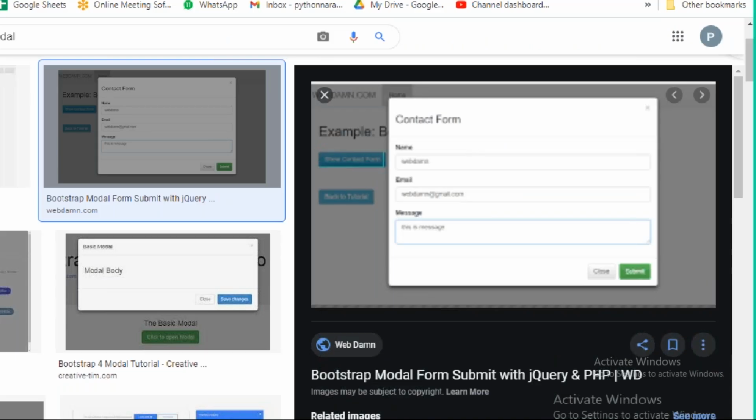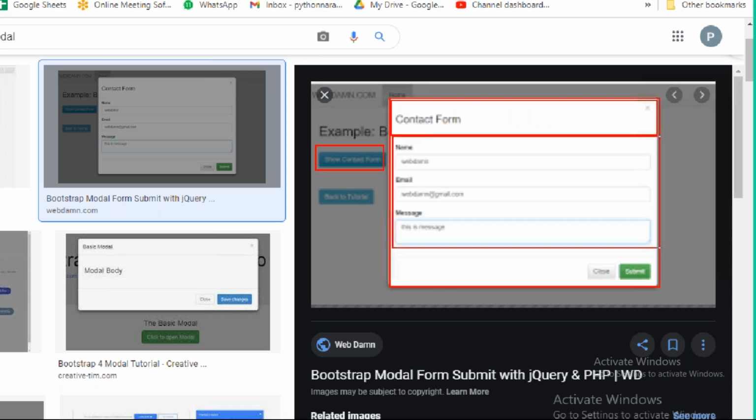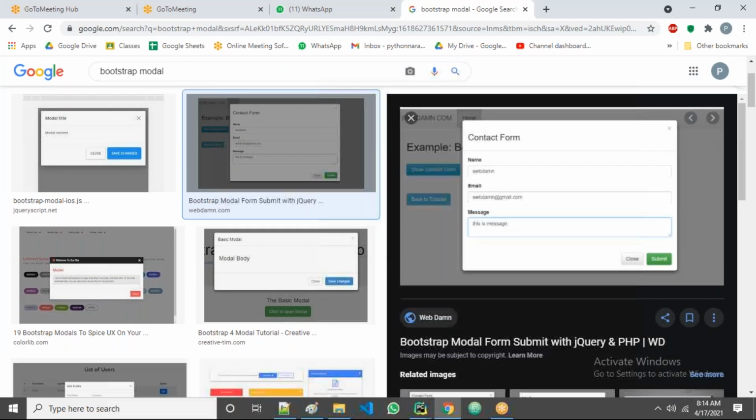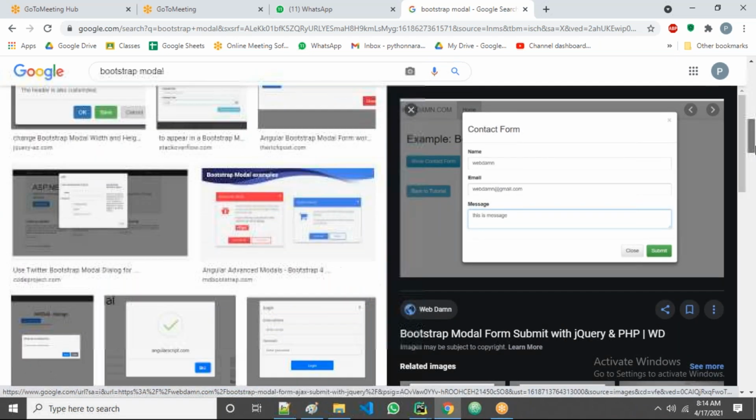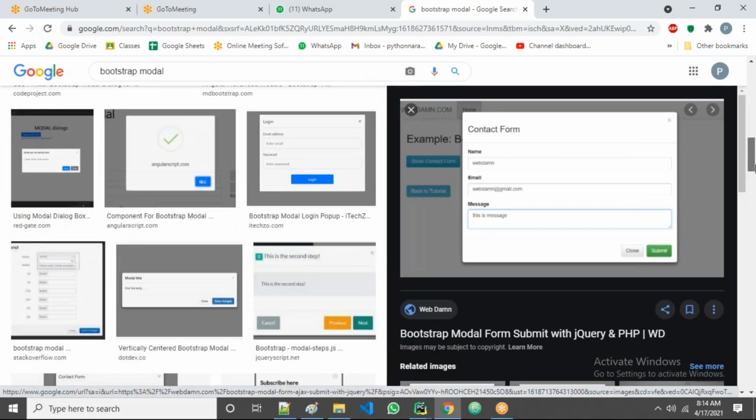You click on this button, then what happened here? A modal opened. Again, see, the modal header is there where the title is displayed, like contact form. In the modal body, they displayed the form, the labels, and input boxes. In the modal footer, they displayed buttons like cancel and save, guys. Are all clear? Did all get the point, right? Whatever example you take, the same thing will be there, guys.